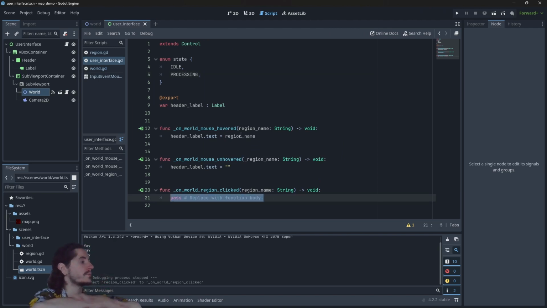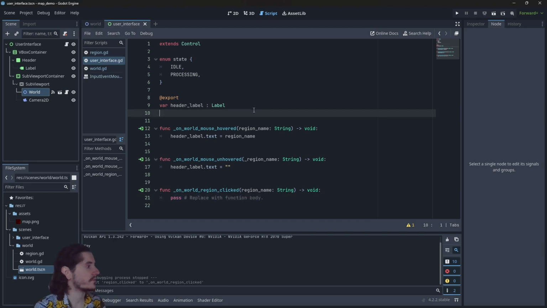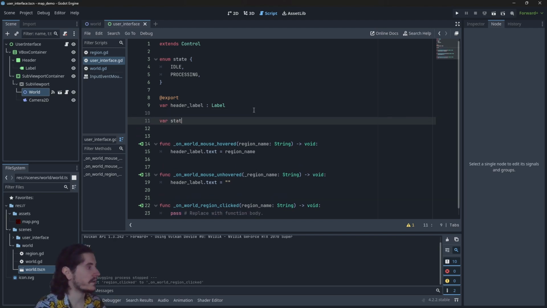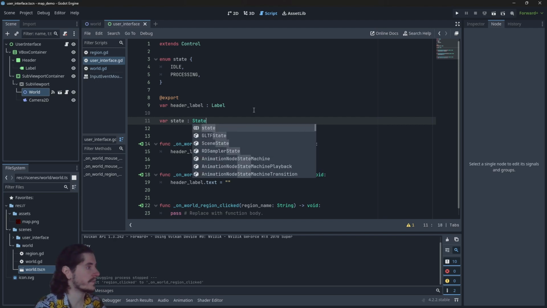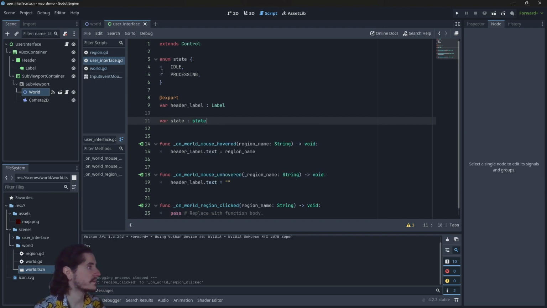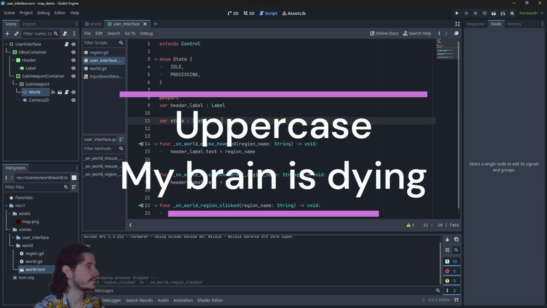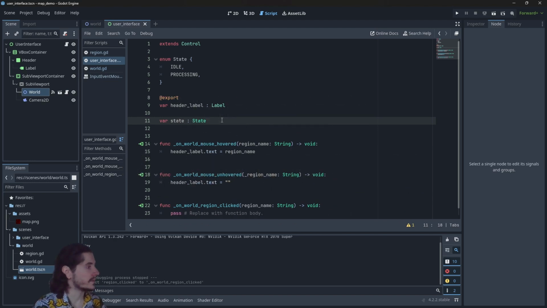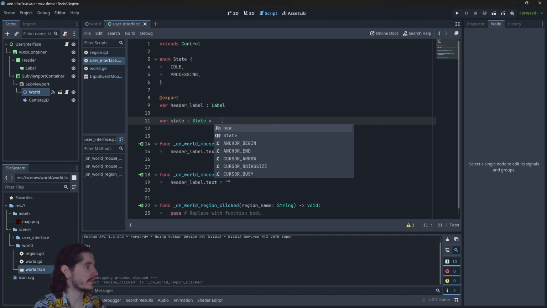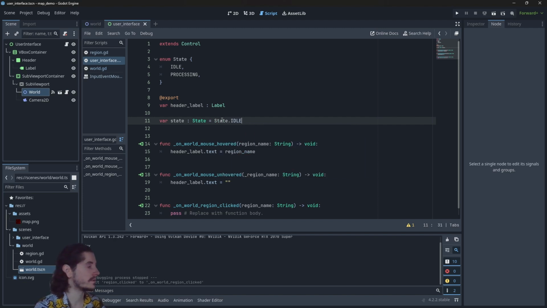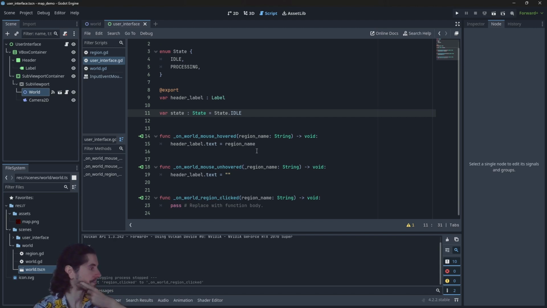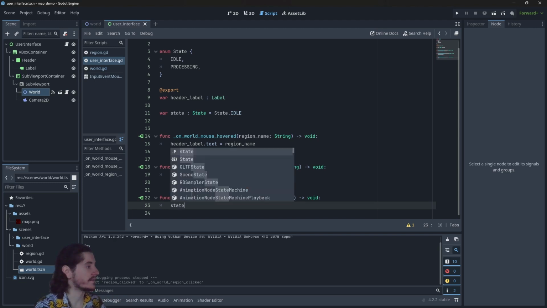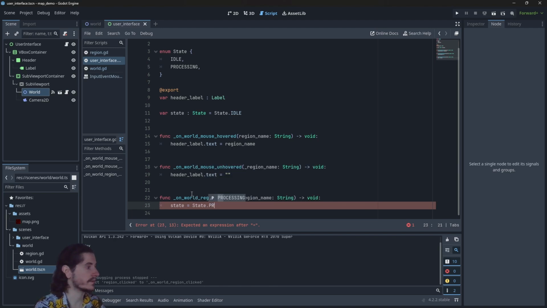So here, very simple. Oh, well, I need to create a variable. Sorry. So here I have the variable state of state. Let's give it a capital letter. So yeah, state by default is going to be equal to state.idle. So here, when we click, we want state to be equal to state dot processing,